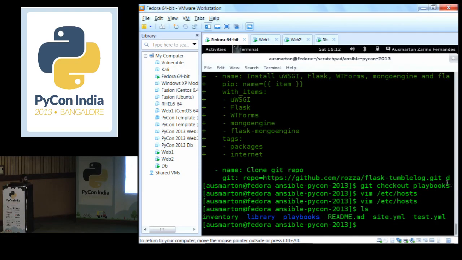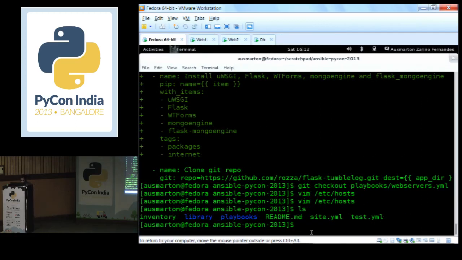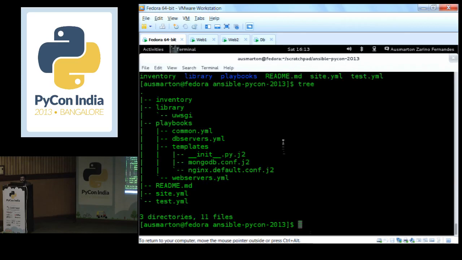So here I have a demo. I'll do the demo a little later, but for now I'll just take you through what kind of file structure we are talking about here. I have the inventory file which defines what kind of hosts I am targeting, the IP addresses and the groups of different hosts. You can do a lot of things with this, like group your hosts based on certain regions, or based on what roles they play. It could be a web server, it could be a database server, or various things.